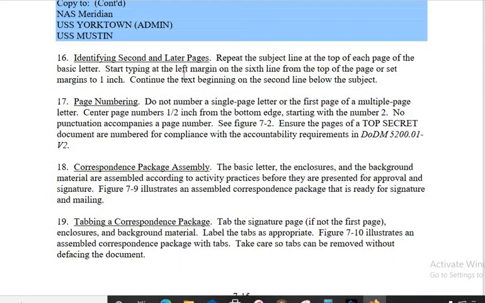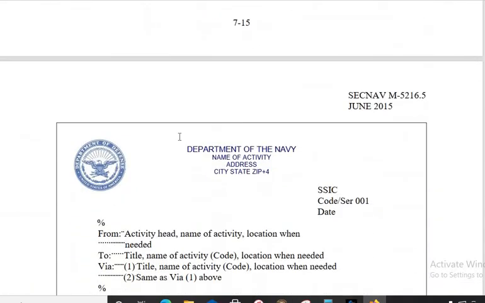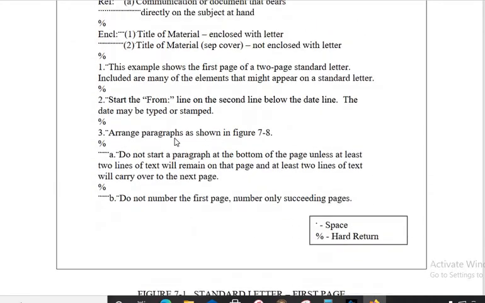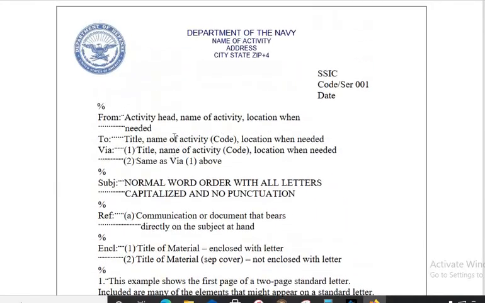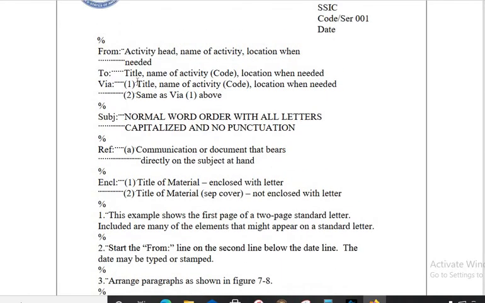Page numbering, I've seen that one before. Page numbers are 1/2 inch from the bottom edge, starting with number 2. So obviously you don't do page numbers on a single page document because it's page 1 of 1, and that would just be dumb. So numbers are only on multi-page documents. This talks about how to tab, but there's examples. See, this is what's important to have as a desk reference, because once you know what you're looking for, everything